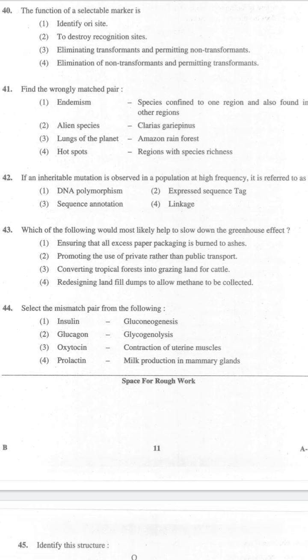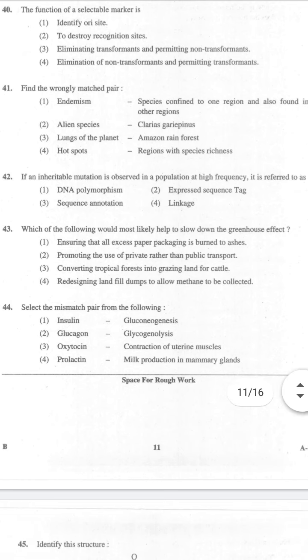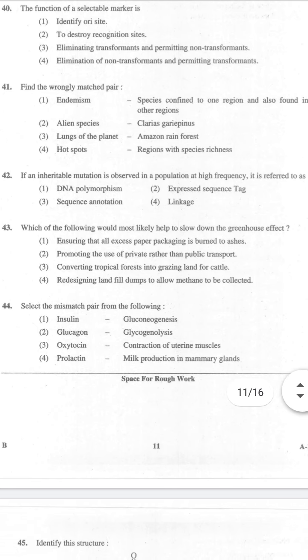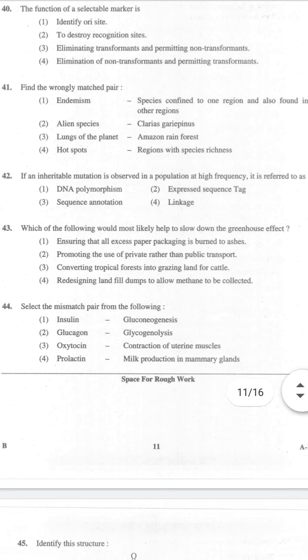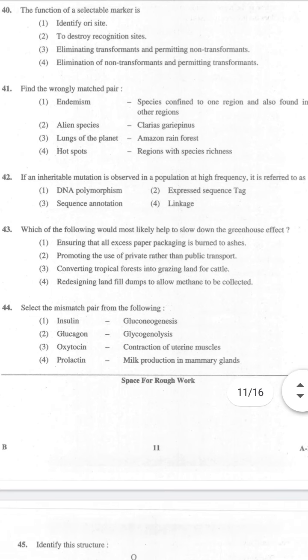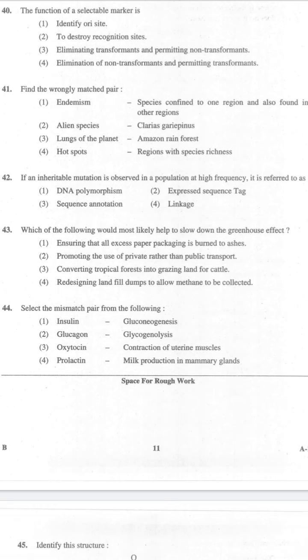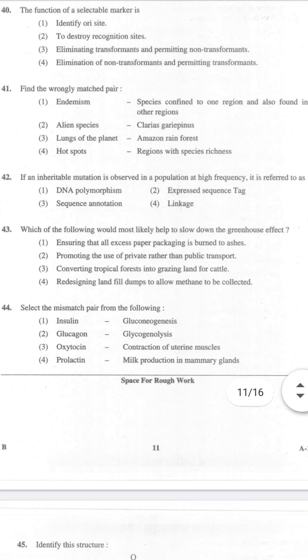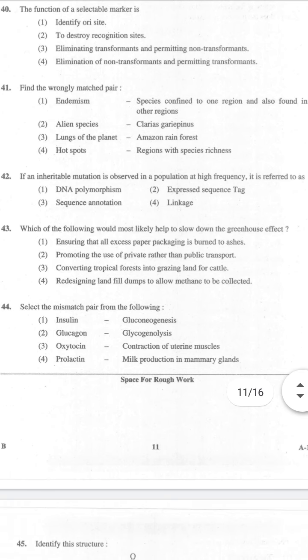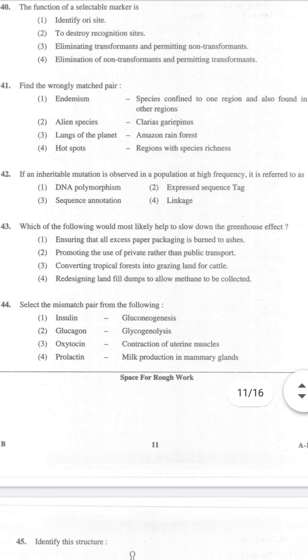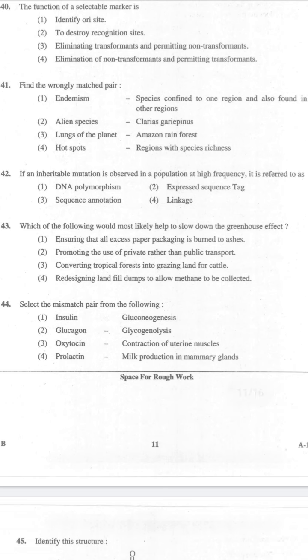A sudden change in the gene creates variations at a genetic level which may lead to DNA polymorphism. Polymorphic DNA consists of a variable sequence which may lead to the expression of various random genes, which brings a remarkable change in the gene pool. Mutation is a sudden change in the genome that can be inherited from one generation to the next. Hope this is clear to you all. Now let's go to the next question.